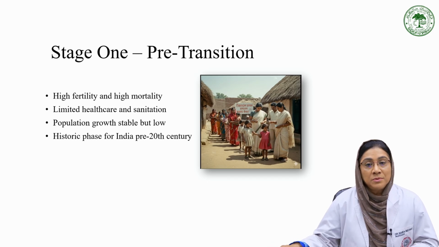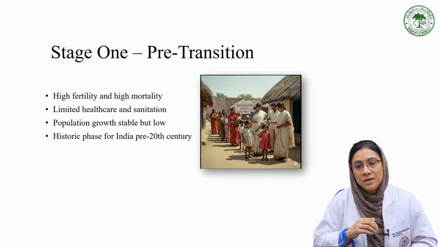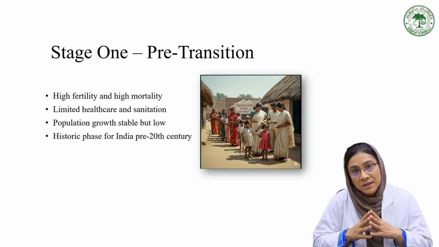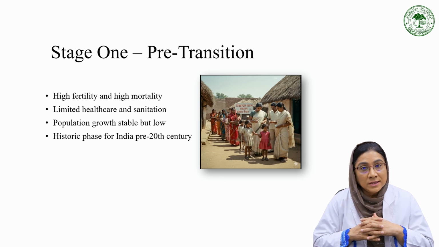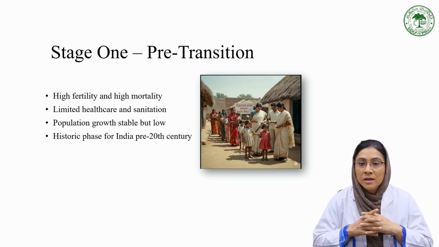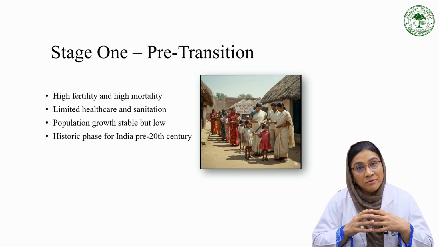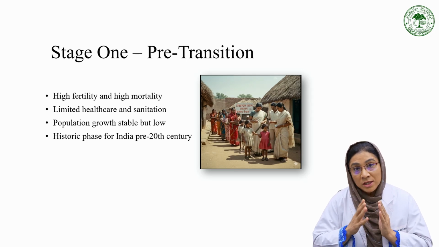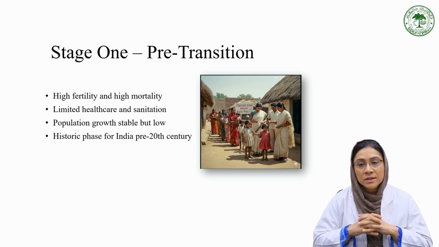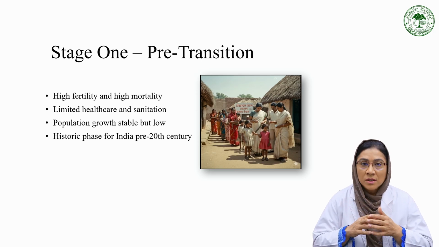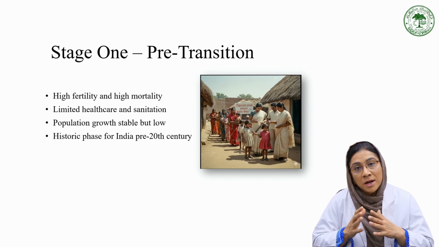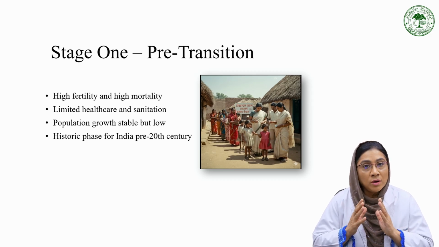Maternal mortality is substantial, and the age structure is very young, with a large share of deaths occurring in infancy and early childhood. Seasonal scarcity and subsistence farming amplify vulnerability, producing what demographers call Malthusian checks that hold population growth in check. In the Indian context, scattered smallpox campaigns or local sanitation efforts existed, but without mass vaccinations, antibiotics, or obstetric care,